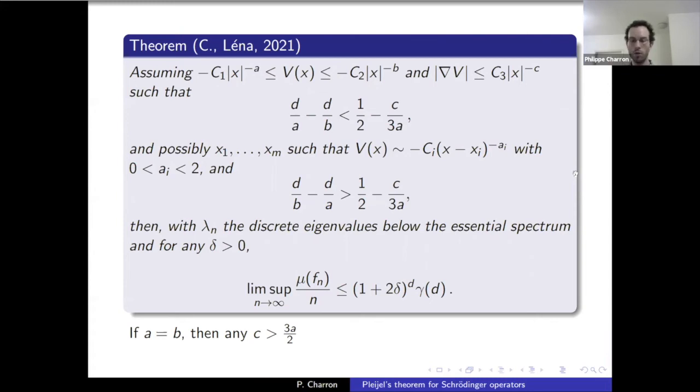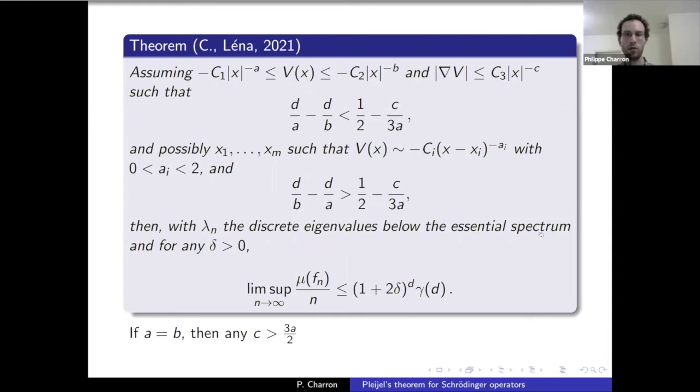So you can say that the number of nodal domains which are close, in a fixed sense, to any singularity is also fixed. So basically singularities, you can add any finite number of them, and at infinity they won't give you anything, because each singularity of order less than 2 will only give you finitely many nodal domains. It also gives you finitely many eigenvalues. So that's also the intuition why it should work. And then we have the same results.